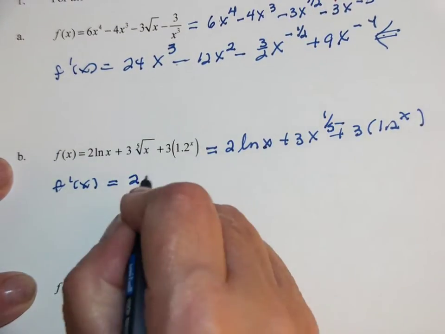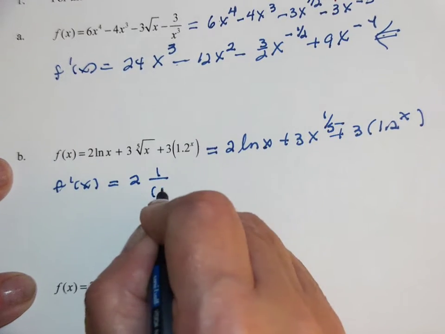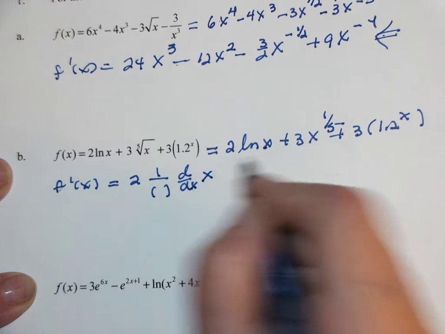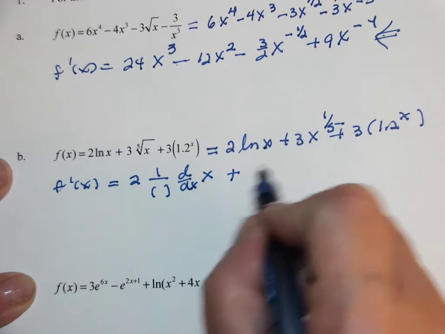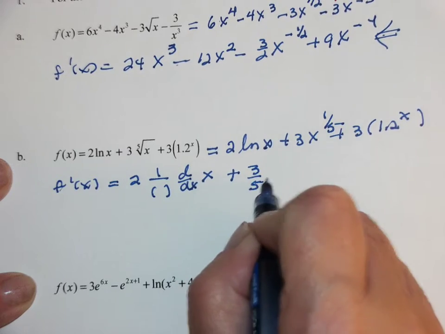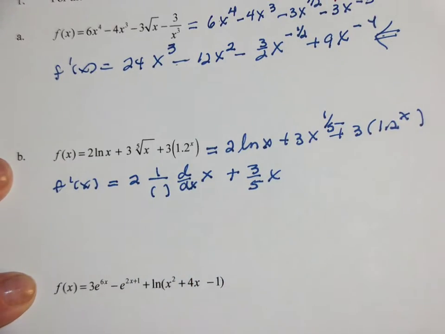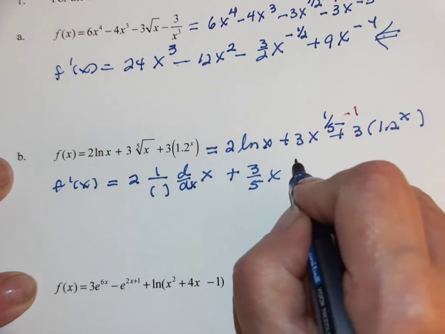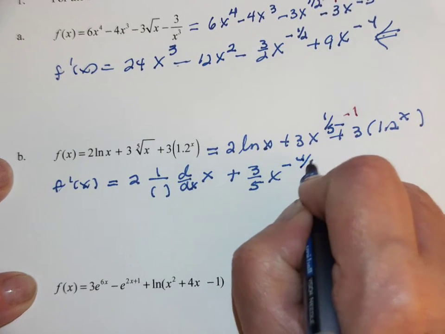Natural log of x is 1 over the blob times the derivative of the blob plus 1/5 times 3 is 3/5, x to the 1/5 minus 1, which is minus 4/5,